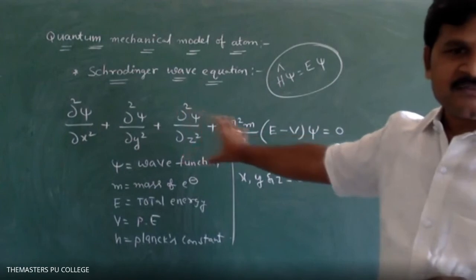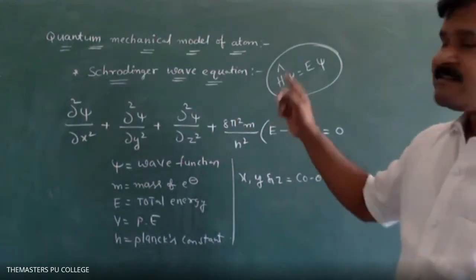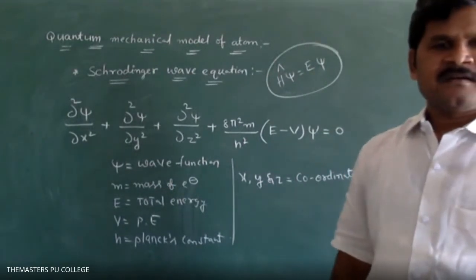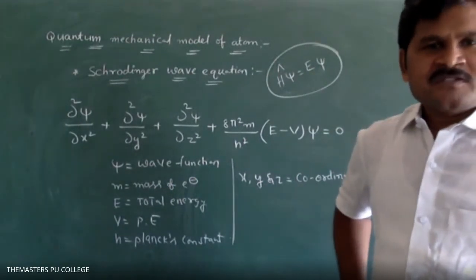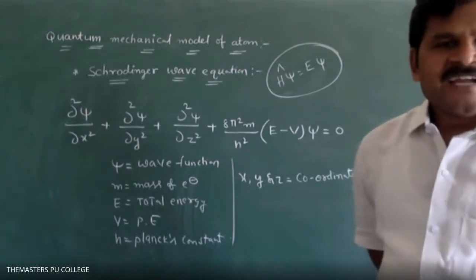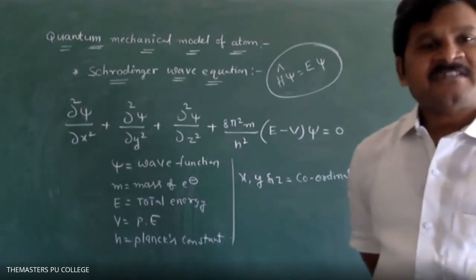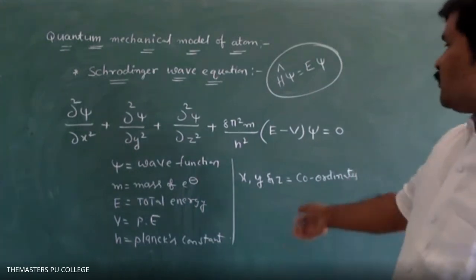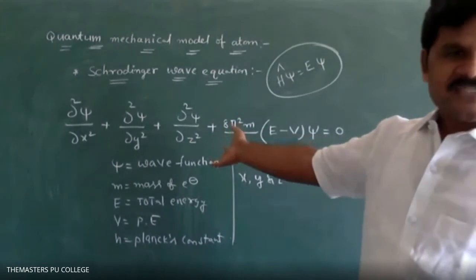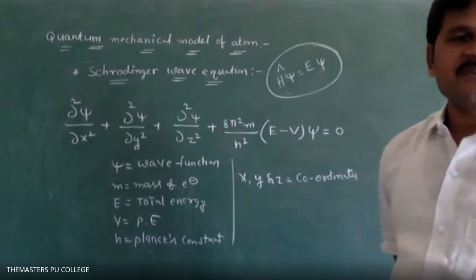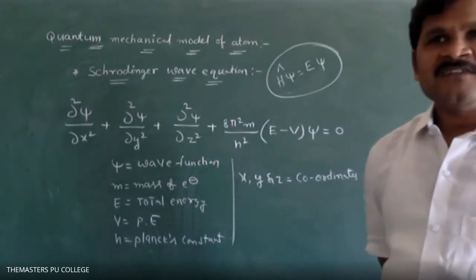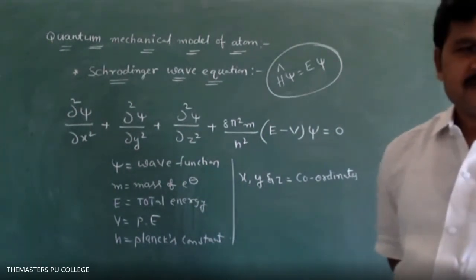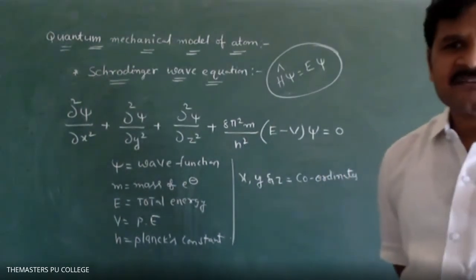They won't ask about this formula. The significance of psi and psi square they may ask. That you have to remember as it is. That's all. And they may ask one more question. Which quantum numbers do we get from the Schrodinger wave equation? The first three quantum numbers we get from the Schrodinger wave equation. Why? Because to calculate the position of an electron, all these values are required, but it is not possible to provide all the values. So that's why they are not asking about the Schrodinger wave equation, particularly objective related questions.